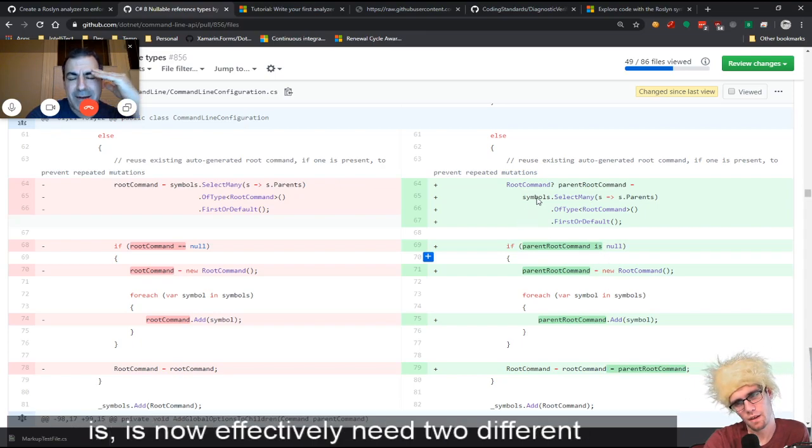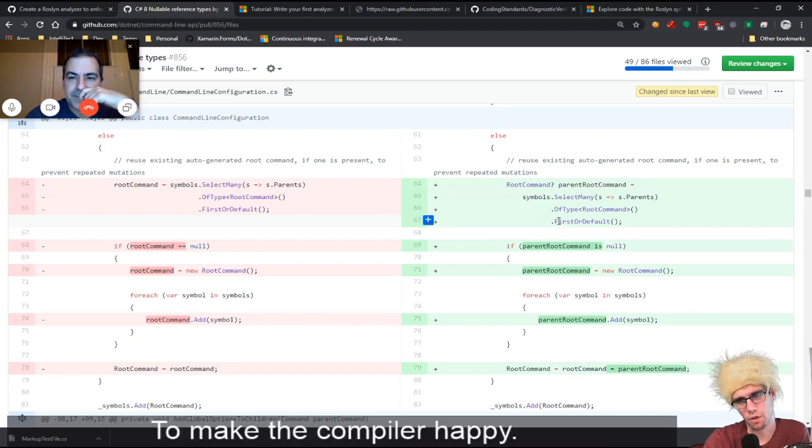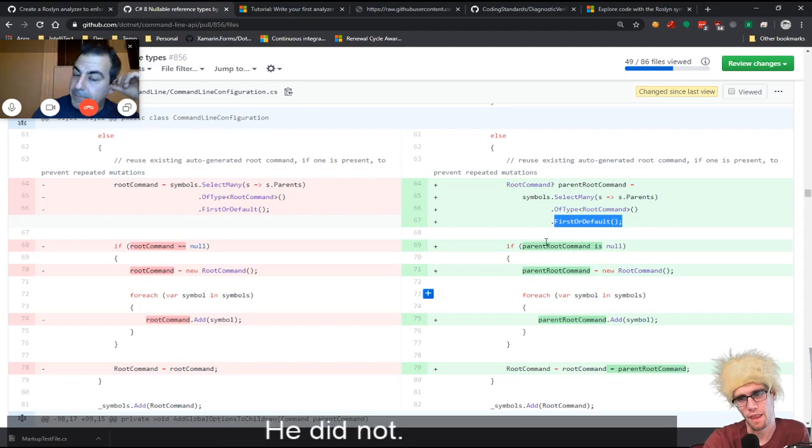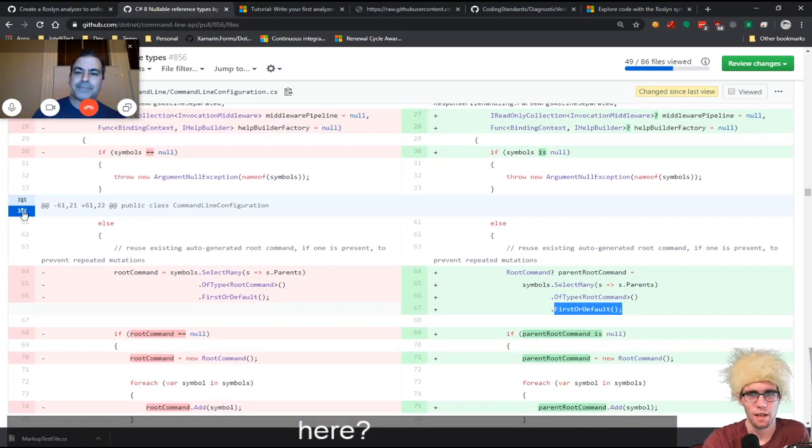I don't know if I can put it better. Well, the problem is this one here wants to be nullable because of the FirstOrDefault, which was clearly possible because we were checking for null, right? Yep. And so I needed something nullable, but root command above here is declared